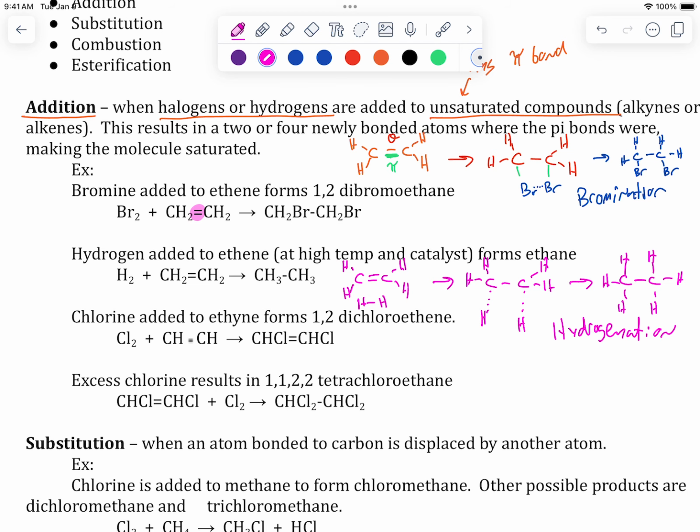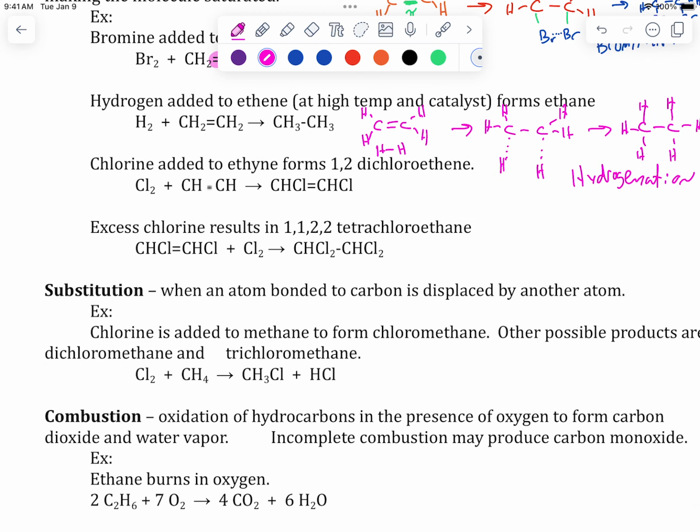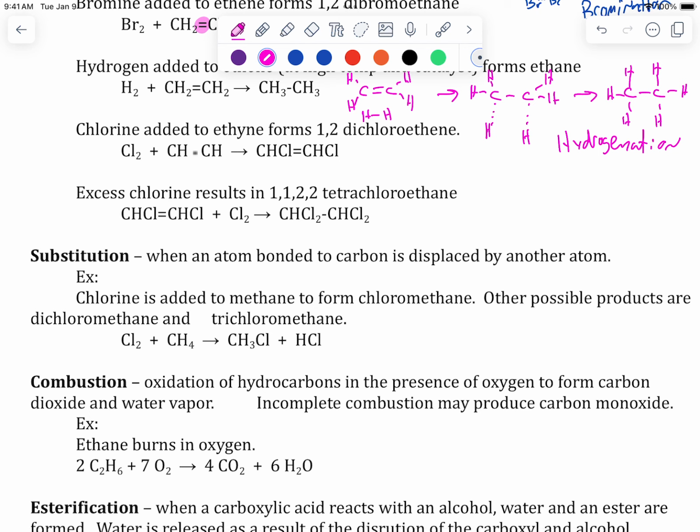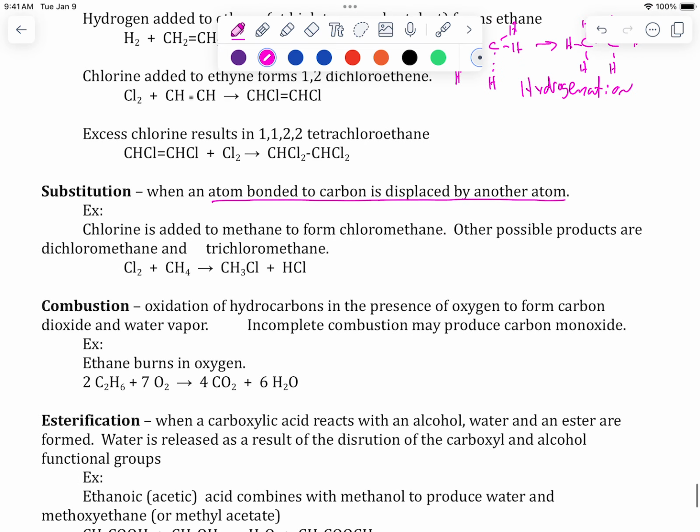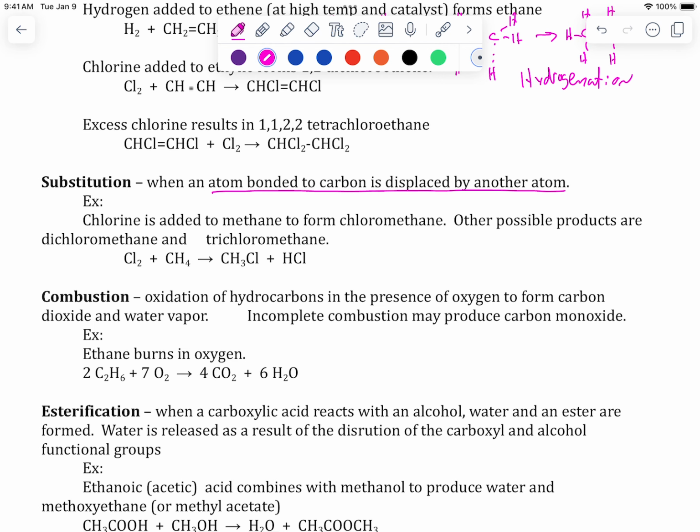All right, so the next type is what we call a substitution. Well, what does substitute mean? It means one goes in, one comes out, right? So a bonded atom is displaced by another atom. So if I have some kind of alkane and I react it with chlorine, but let's say that we get one of them to come in. So Cl2, for example, and methane, we could actually get